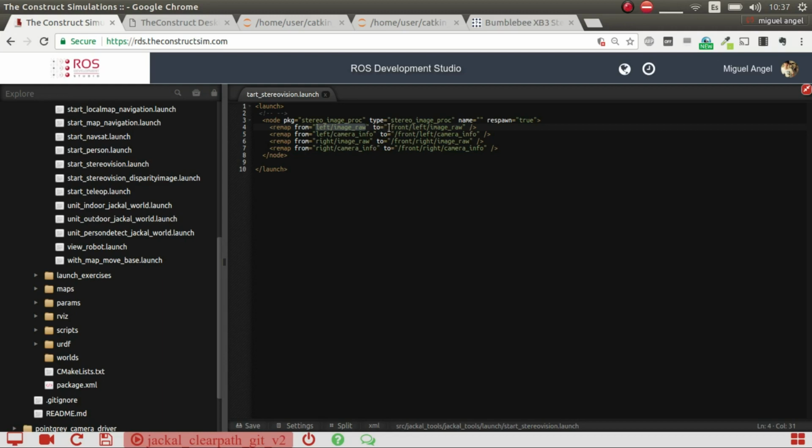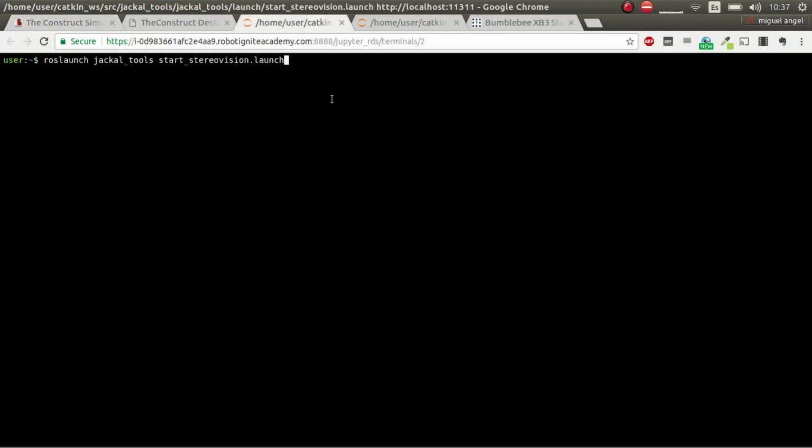So in our case, in this robot in particular, these are the names of those topics. So you just have to, on this side, put your robot's version of the topics. And here is the original one that this node will use. Okay? So that's it. So if we launch this,